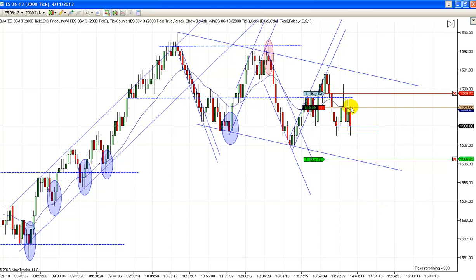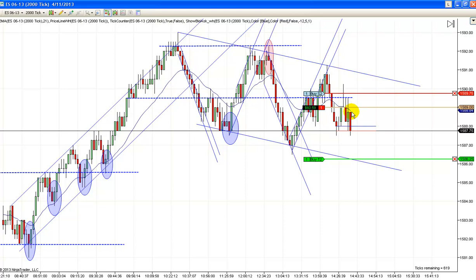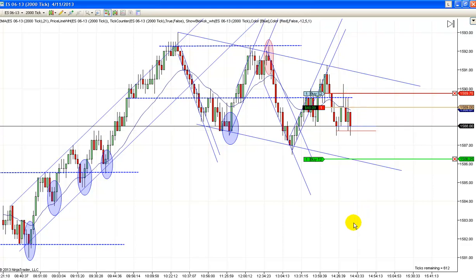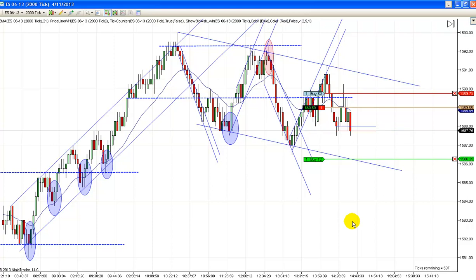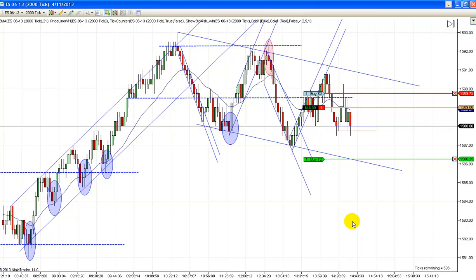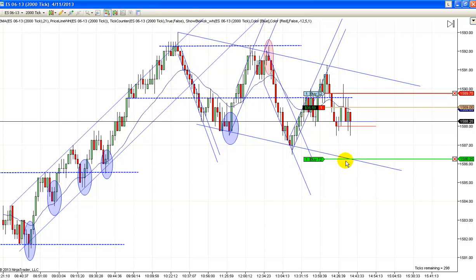But you see there, I would have gotten stopped out if I'd left that at break even or break even plus one. So I gave it a little more room only because I like the setup. Doesn't mean I'll be right, but we've already made our $400. I could go ahead and exit this now with a little over 450 if I wanted to close it now. But I really think if we break lower here, we're going to shoot on down and make a new low and probably kiss off of this lower